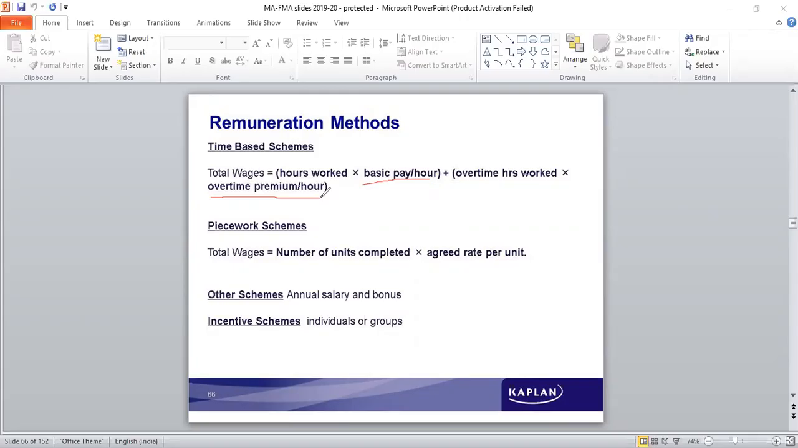Then, if the wages are calculated based on the number of pieces which they manufacture, these are piece work schemes. Total wages is equal to the number of units completed into the agreed rate per unit. Here it is not dependent on the number of hours they spend. For as many units as they produce, at the agreed rate,